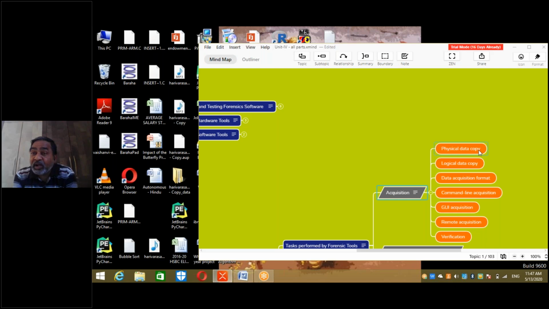The advantage is that you get very specific data that is needed for you. The disadvantage here is you need to be very experienced in finding out which data is useful and which data is not useful. The combination of these two is required.